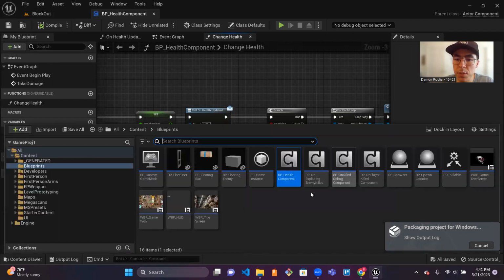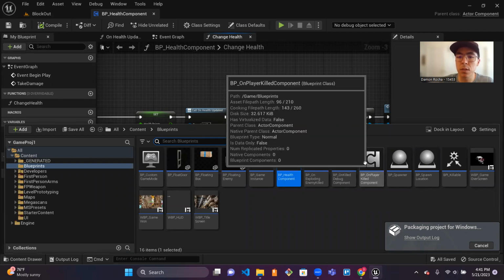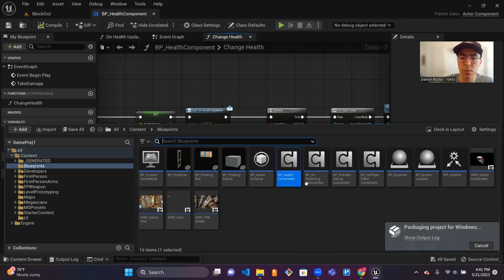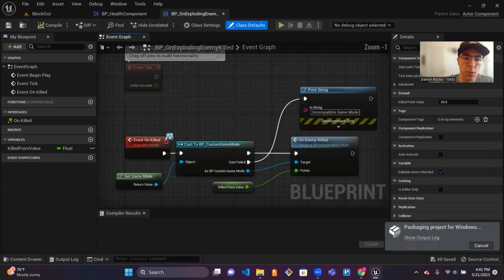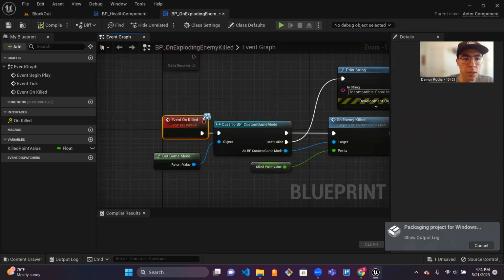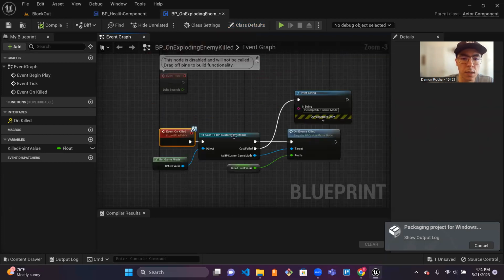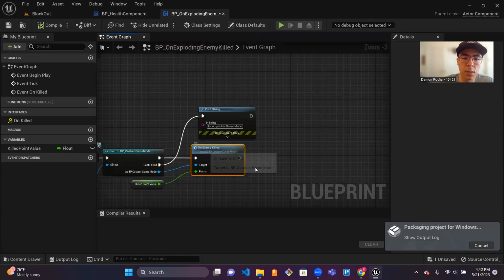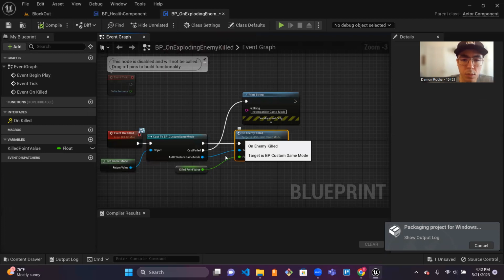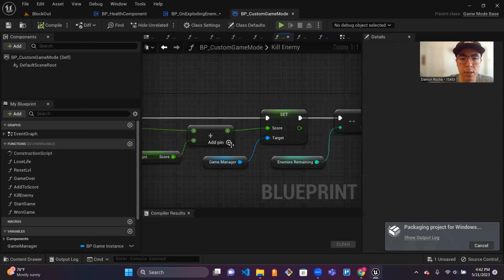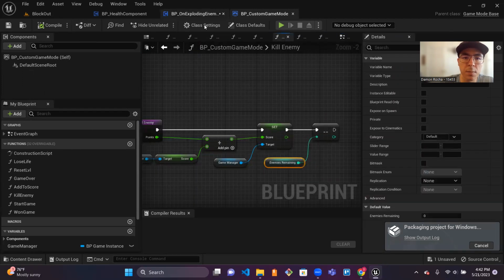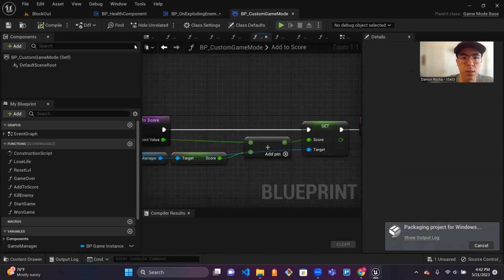Another component I built out is, so we did this on player killed in class, and then I did another version of this for the exploding enemy. So for the exploding enemy, when the enemy is killed, we are going to get the game mode and count the enemy as killed. In the game mode, this will kill the enemy, which adds to the score and takes away from the enemies remaining. And then along with that, it will